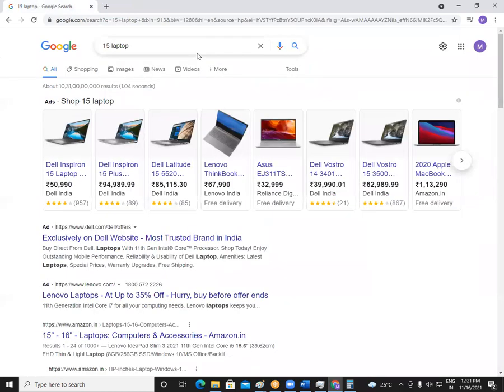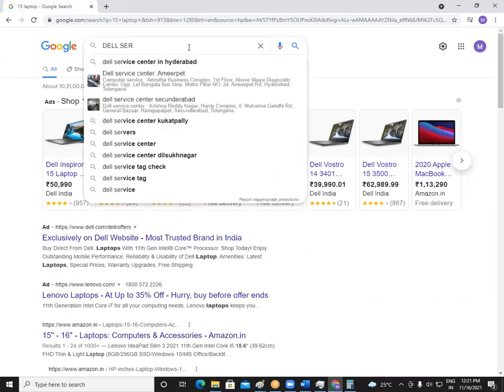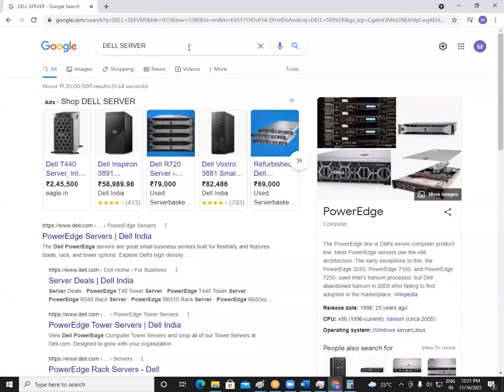Let us see some servers. Dell server. Dell, HP, IBM, Toshiba, Lenovo. These are some of the very famous companies that manufacture servers. The cost of the server is 2,45,000 rupees.